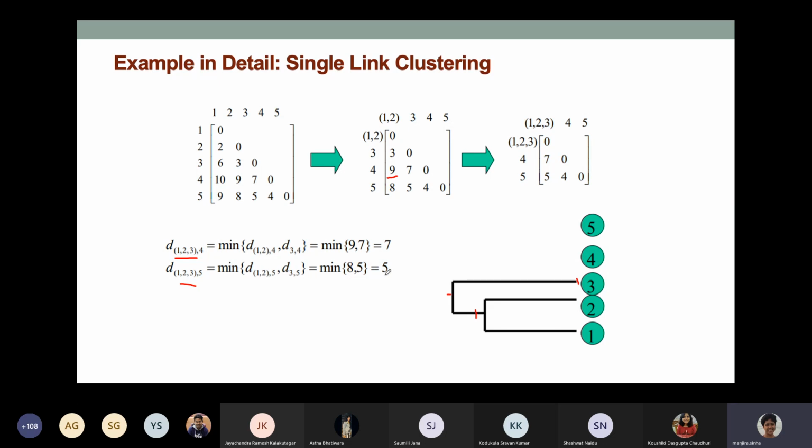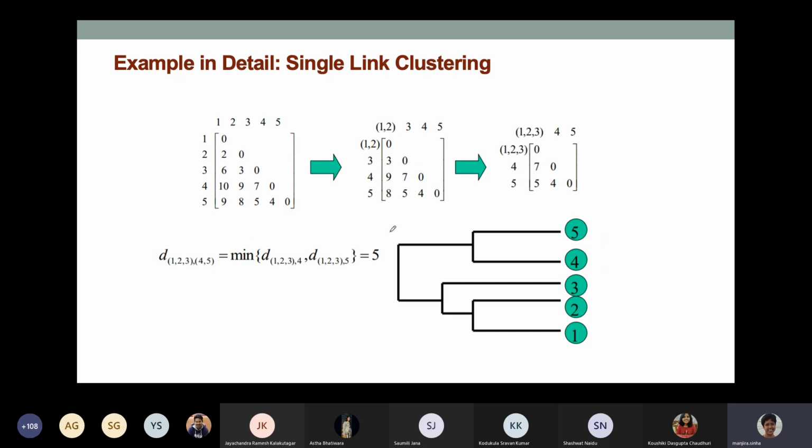So now which one has the minimum distance among the clusters 1, 2, 3 and 5? This one, right? So how will